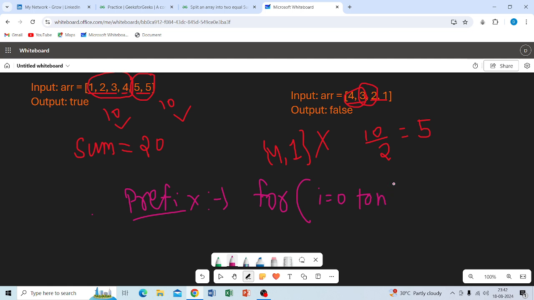Clear? And store all the value in this particular array. Got my point? Okay. Now what I will do, after storing all the values, after storing all the sums